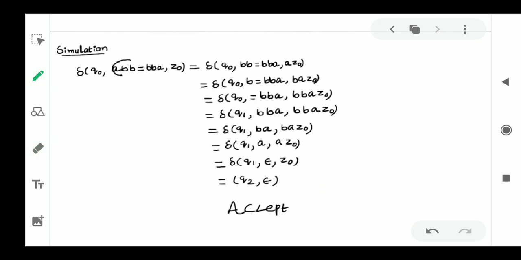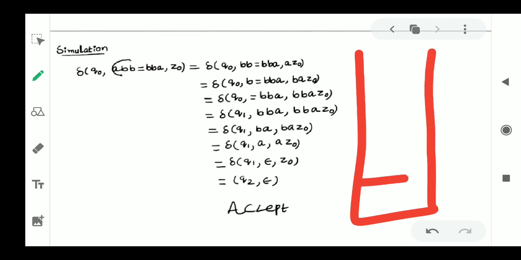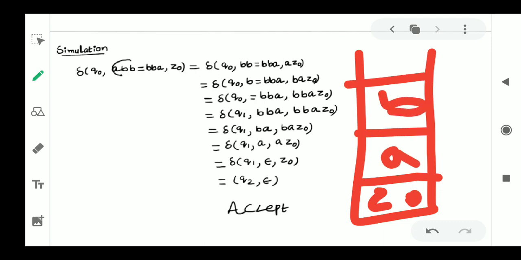So better you can verify the process by taking a stack, and please assume that the stack is containing Z0. Initially I am inserting A, after that I am inserting B, after that I am inserting B. What I told you: until you see the input symbol equal to, you go on pushing the elements into the stack, whether the starting symbol is A or B, or the remaining elements are A's or B's, whatever it is, you continuously keep on pushing the elements into the stack. Whenever equal to is read, don't push equal to into the stack, and don't pop any element from the stack. So equal to is nothing but we have completed the half of the string.